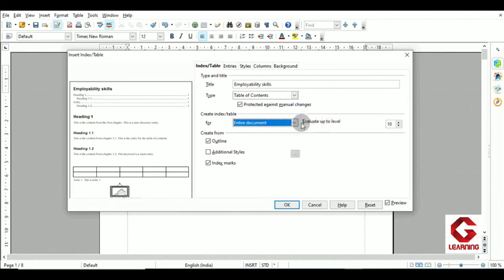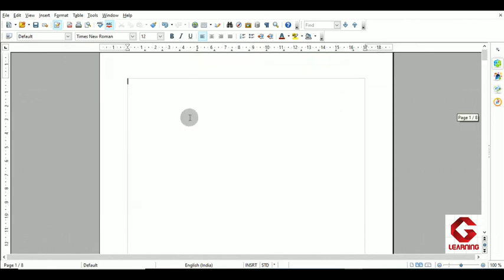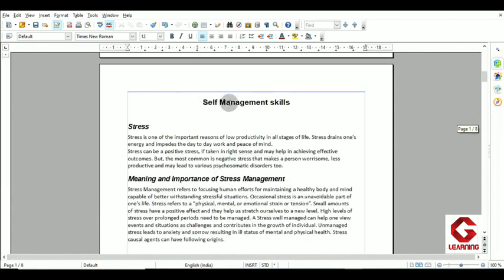Now next is evaluate up to the level. Before explaining the evaluate up to the level option, I am moving back to the OpenOffice Writer document, and there I will explain something that is needed a lot when we are creating table of contents. In our document we have to maintain consistency when we are applying styles. In what sense consistency of the styles? For example, in self-management skills, the style that I have applied, you can see on the formatting toolbar here, is heading 1. So heading 1 is the style I have applied on the self-management skills.